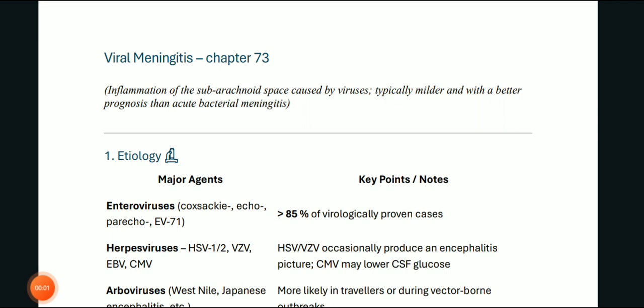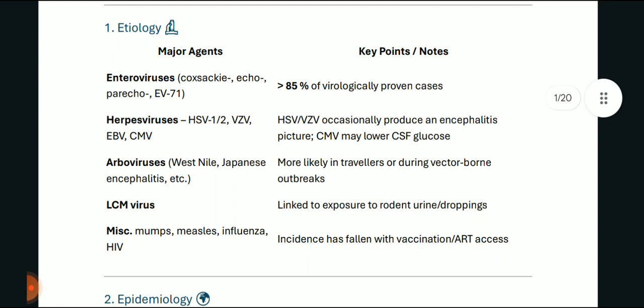Okay, now let us start with chapter 73 of Apurba Sastry's Essentials of Microbiology, which is about viral meningitis. Now, what is viral meningitis? It is the inflammation of the meninges of the subarachnoid space caused by viruses, typically milder with a better prognosis than actual bacterial meningitis. Now, the etiology: the major agents are enteroviruses like Coxsackie virus, echovirus,